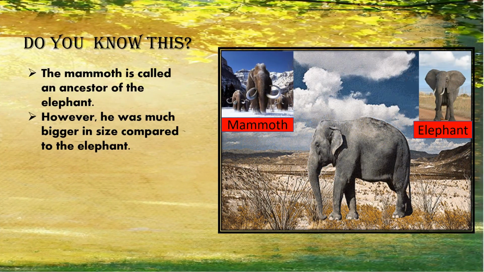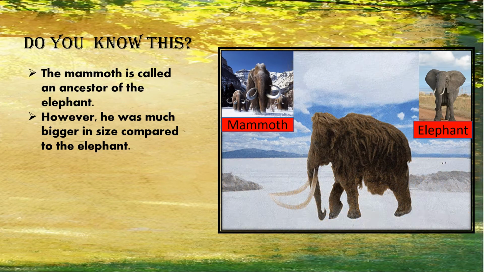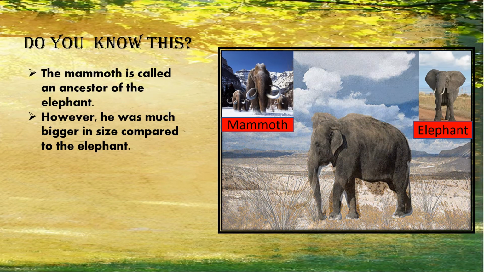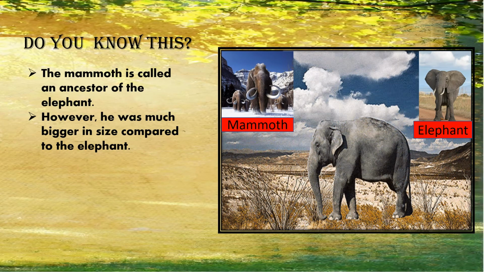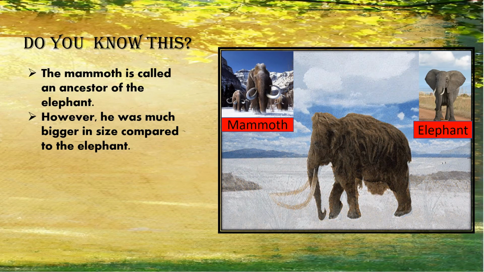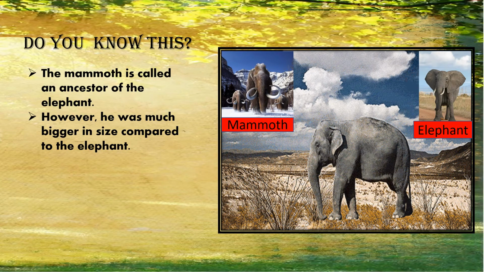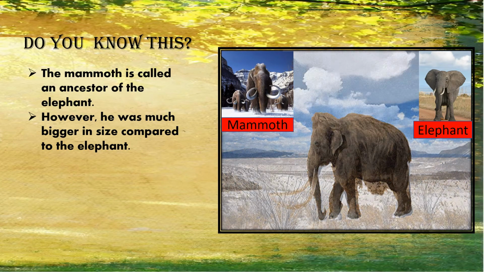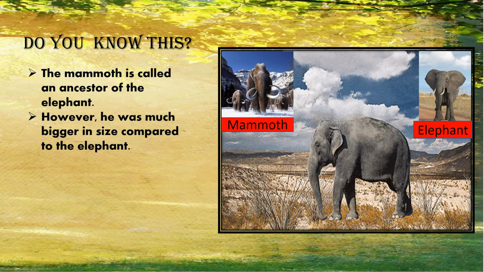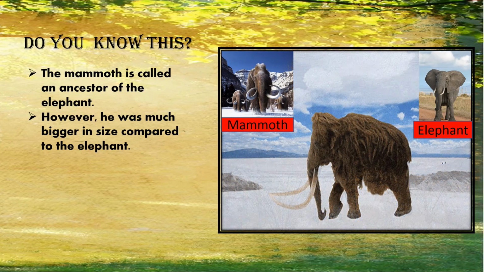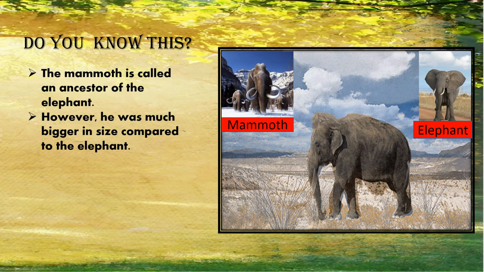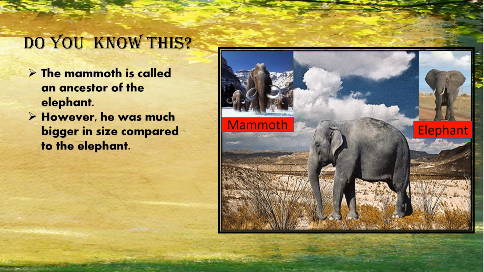Do you know this? The mammoth is called an ancestor of the elephant. The woolly mammoth shares a common ancestor. Scientists had proposed that woolly mammoths are more commonly related to Asian elephants than to African elephants. The researchers also focus on a type of DNA called